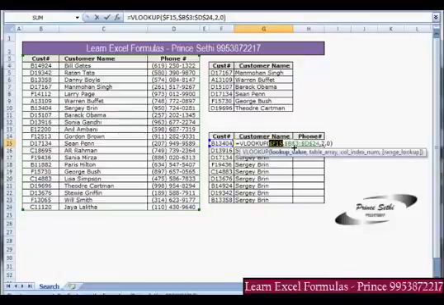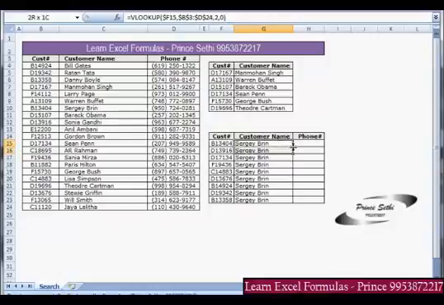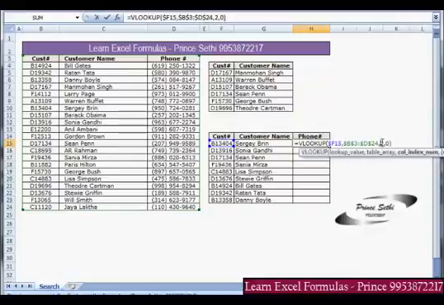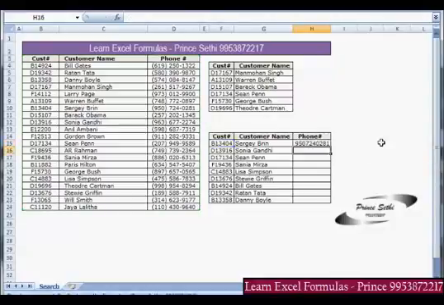Okay, so if I drag this formula, it's perfectly fine. Over here I press Control R for fill right. Okay, it is still showing the name of the customer, because the last value over here is 2, but we want the column index to be 3. So just type 3 there and drag your formula.